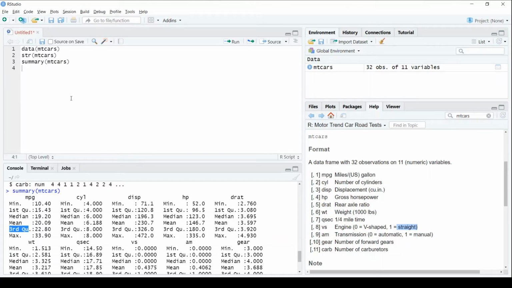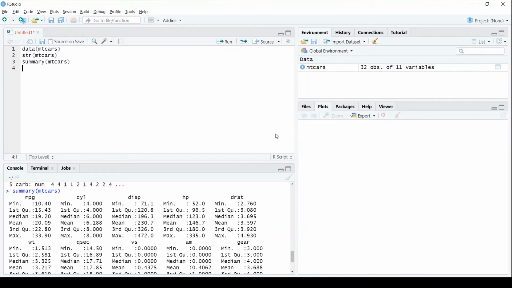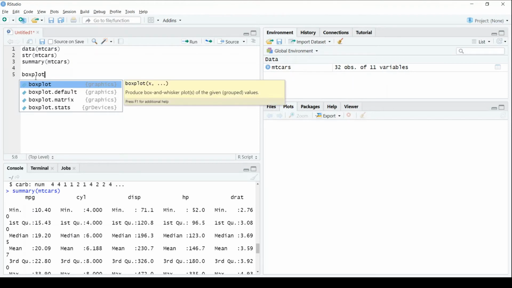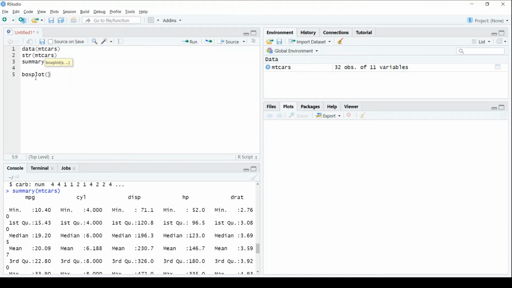So you must first be aware of the different constraints which are related to box plot. Then you can understand how this mtcars is being visualized in your plot area over here. Okay, so let's start with box plot. As we have studied some charts and plots in our previous sessions, these will also have some parameters. I'll list them out one by one.